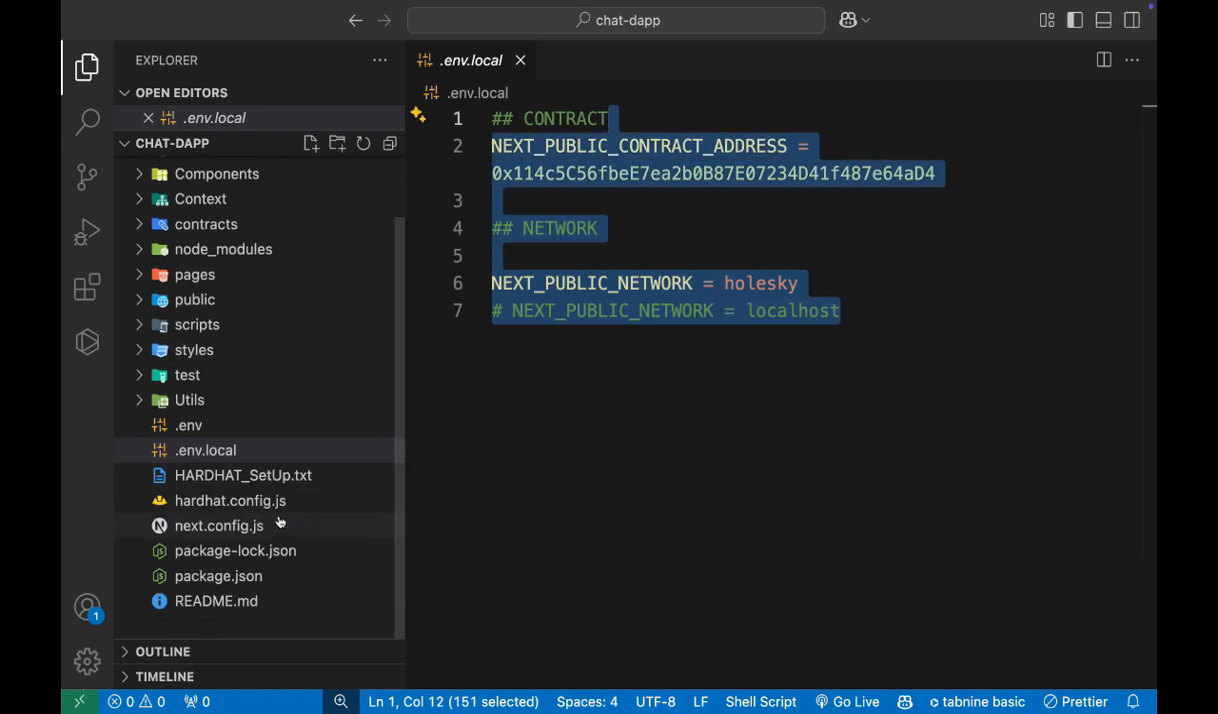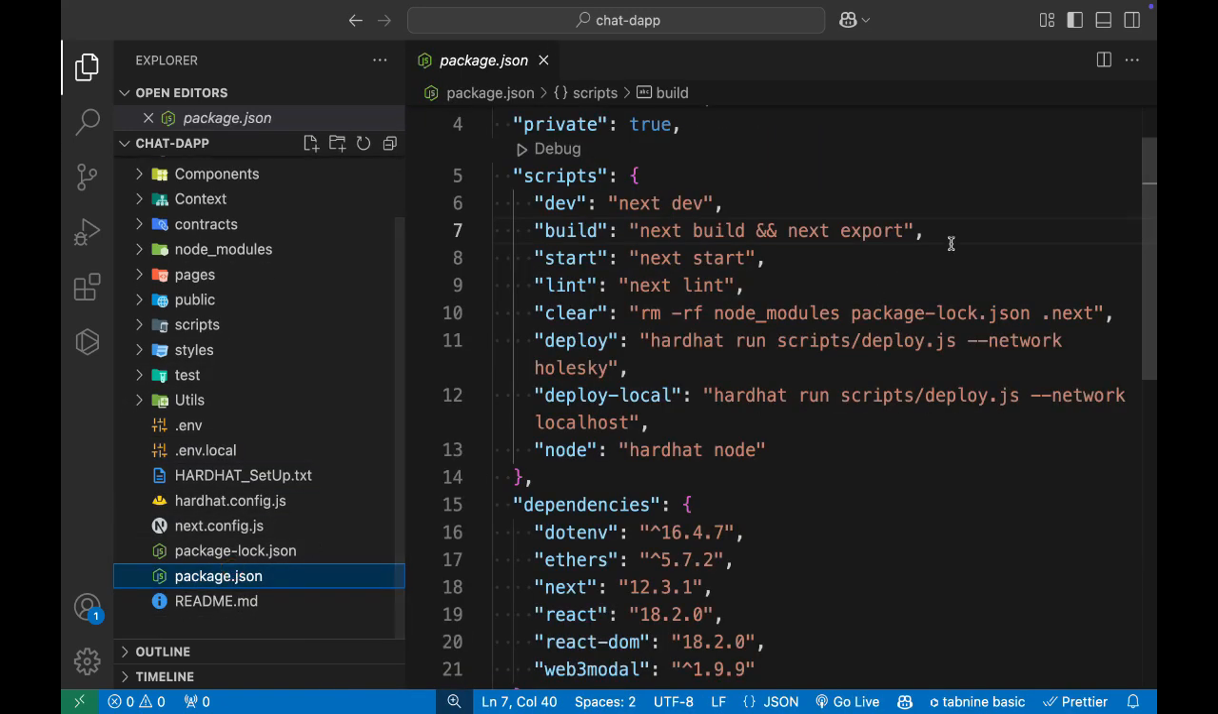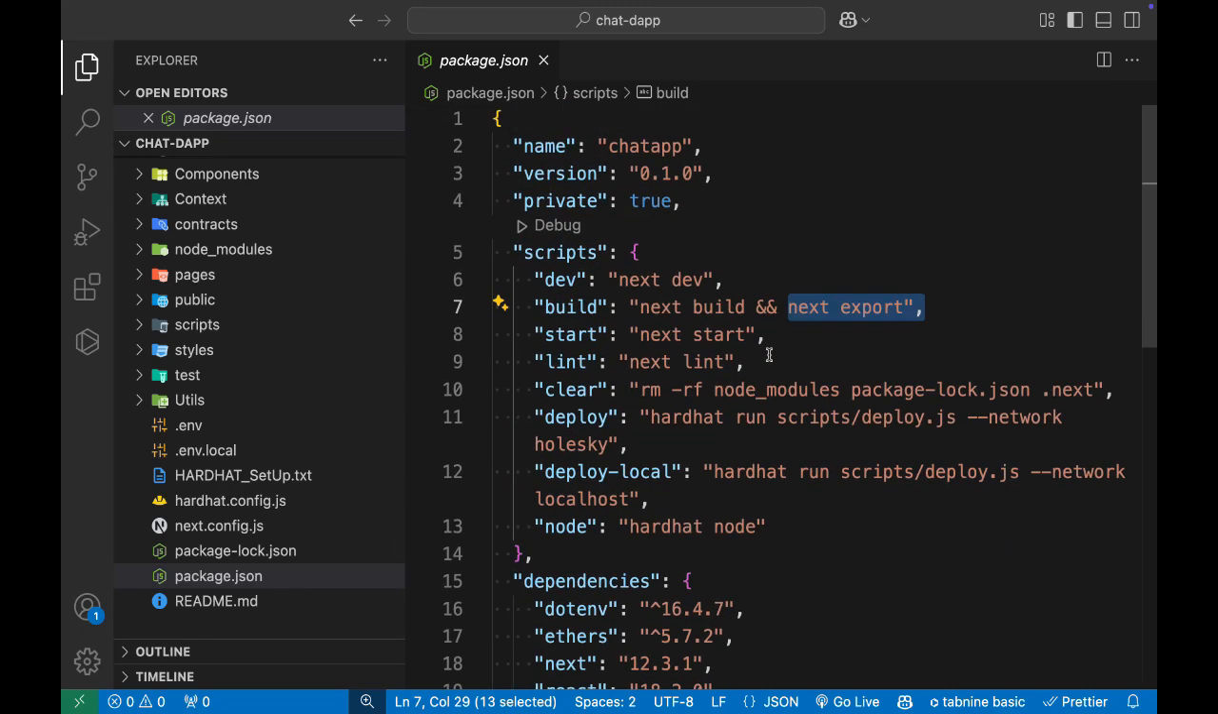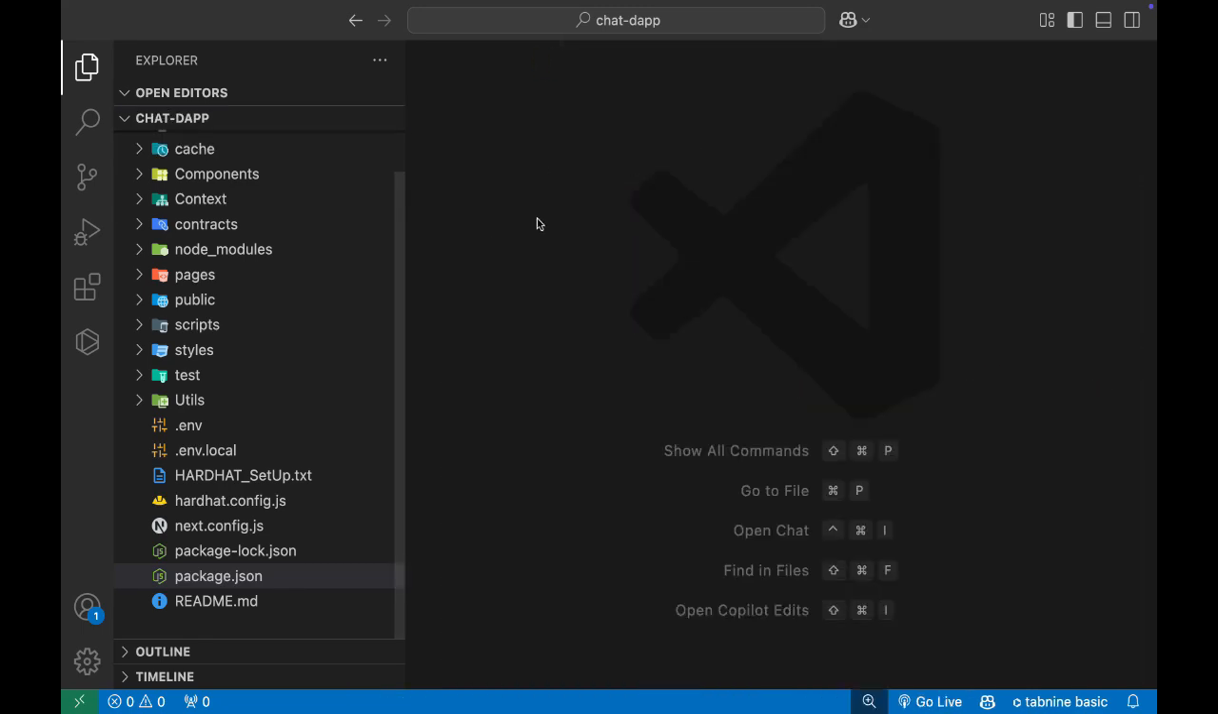Now I can simply come back to my package.json file and here I'm going to attach this command, next build, which is already there in the final source code. So this is the command which I have to run. So what I will do, I'm going to simply open up my terminal